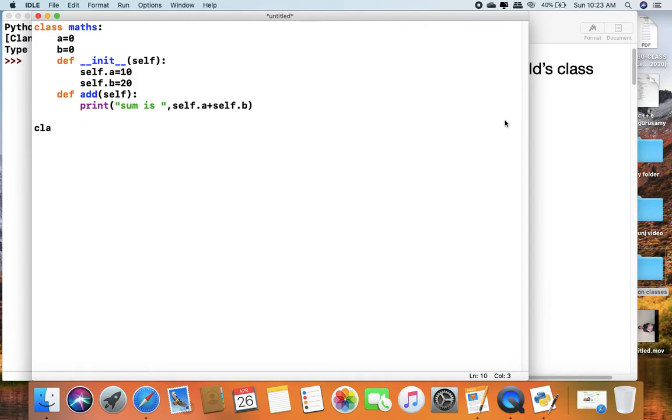Now I am writing another class algebra, whose parent is class maths. Here I write another variable x equal to 0 and y equal to 0, and I write another constructor for the algebra class.